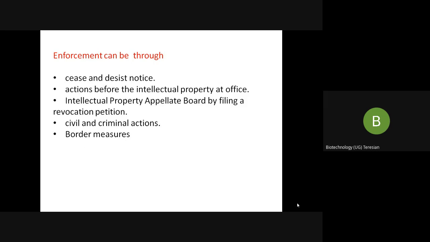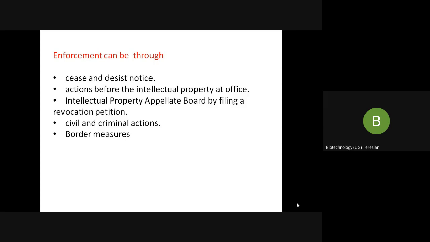At that time, we can go in for a border measure, telling that we already have this technology in our country, but the other country has taken our technology, manufactured it in their country, and now they are selling it in our country. So this border measure enforcement can also play a very important role